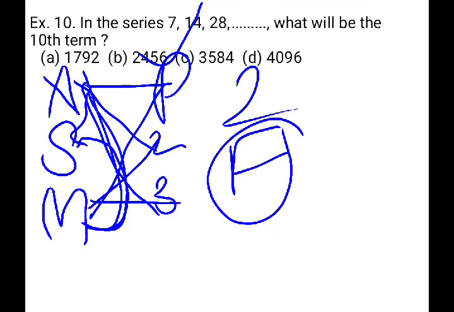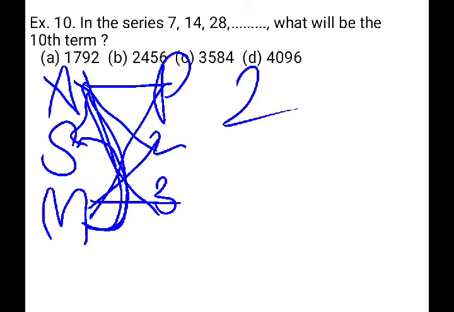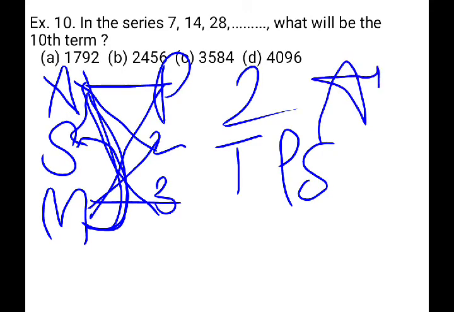And we have another type, the triangular pattern series, that is, the differences of differences will be continuous, differences of the series. And we have learned about the arithmetic progression. For arithmetic progression I will tell the simple one: A plus D, A plus 2D, A plus 3D. Here A is the first term and D is the difference between the second term and first term.